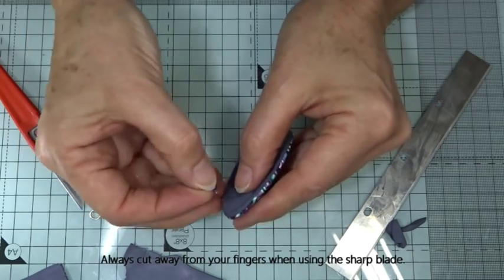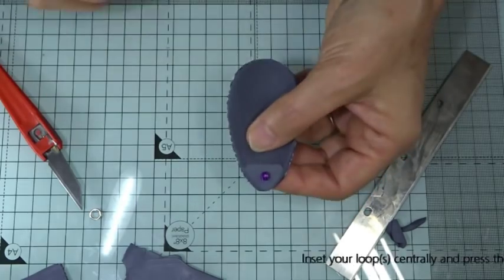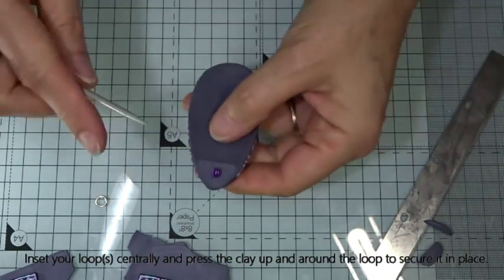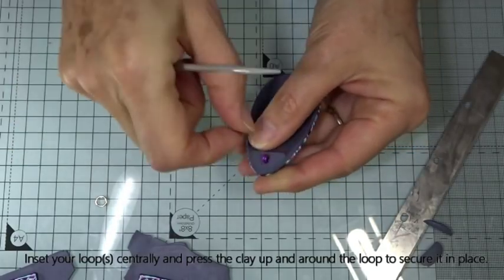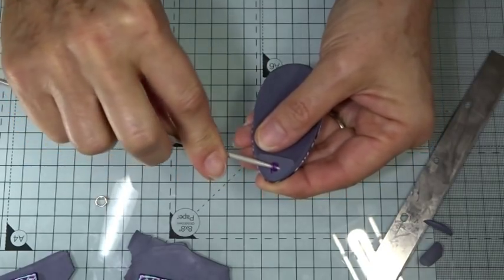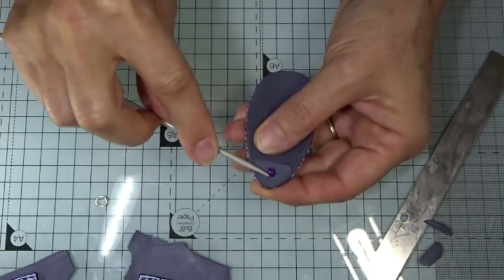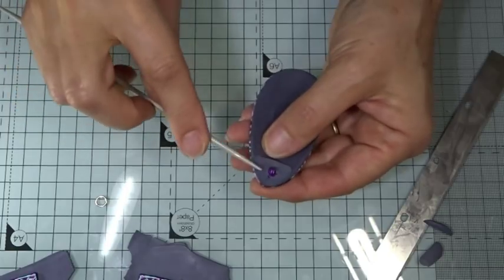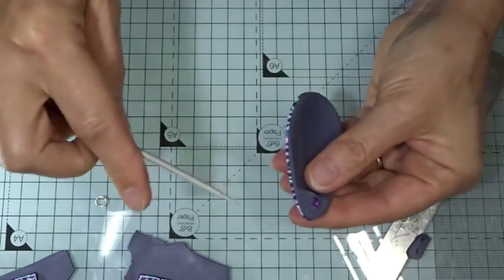And now I need to inset this in the middle of my piece. So I'm going to use my knitting needle just to find a place right in the centre and press that down firmly into the clay underneath it. And then you can just pull the clay back over the top of it to give yourself a nice neat finish. When you've got it nicely embedded,